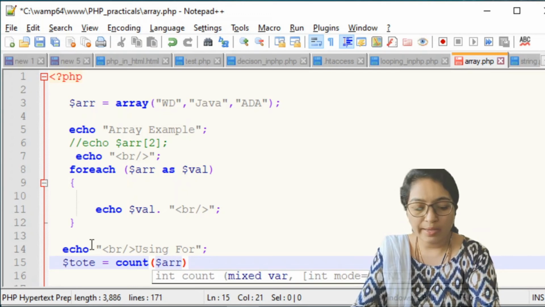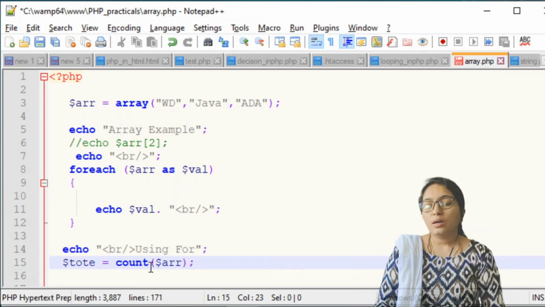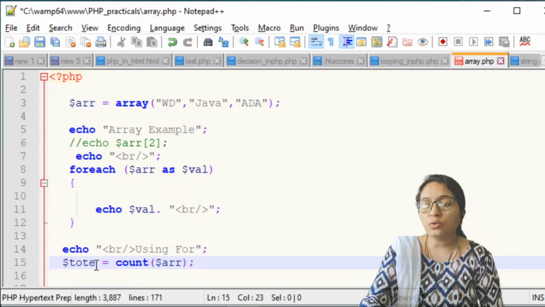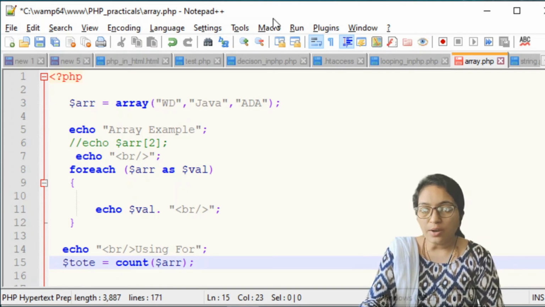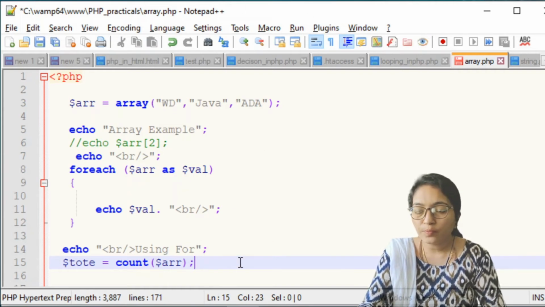ARR array. So this function will store the total count in this. Now you know the exact loop iteration.